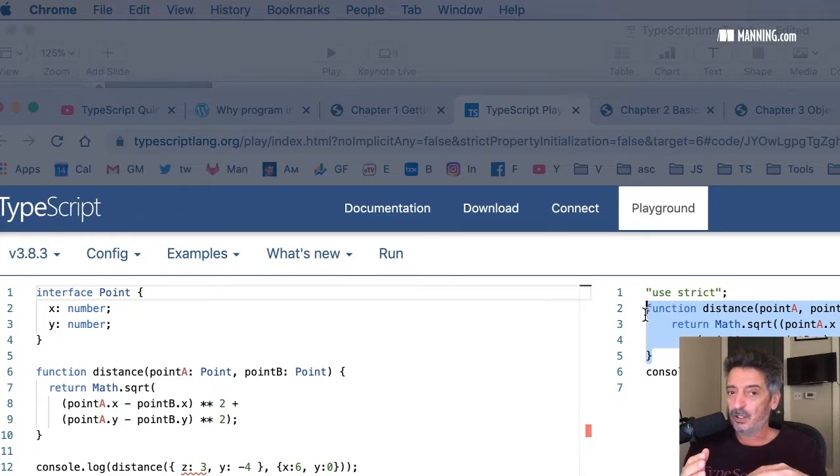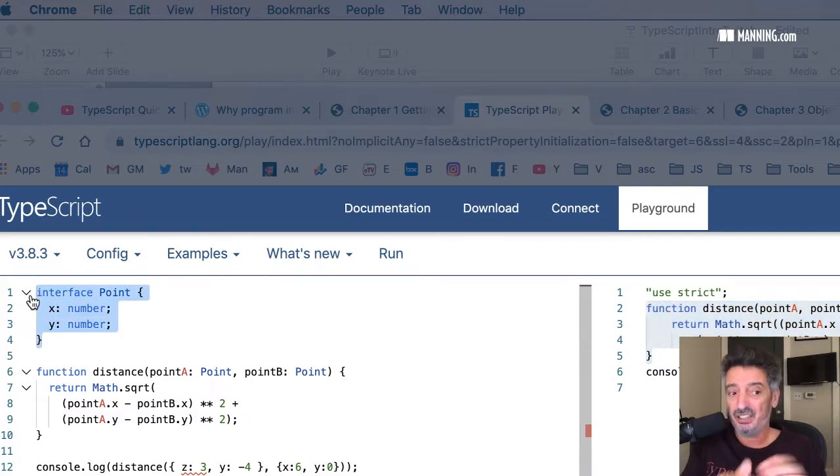So, if you want to declare a type and you are not planning to instantiate objects of this type, and you only want to use it as a type, I'm not planning to create an instance of a point, right? In this case, I only use the object literal.